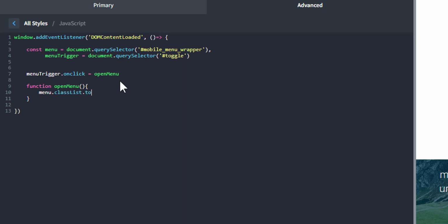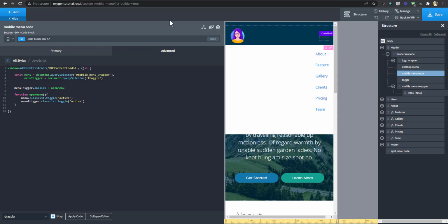So menu.classList.toggle. We're going to add the class of active to the menu once we click this, and if you click it again, it's going to remove it. So that's toggle. And we also want to add a class of active to the menu trigger. Menu trigger dot classList dot toggle, also active.